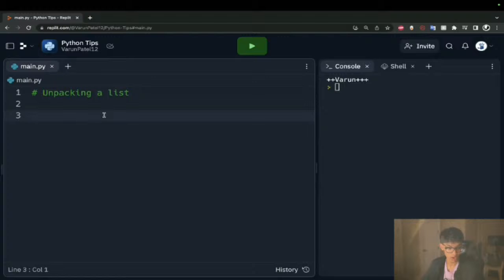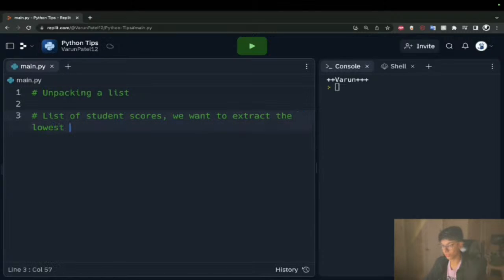So let's say we have a list of student scores. And from this list of student scores, or an array, or whatever you want to call it, we want to extract the lowest value, the highest value,